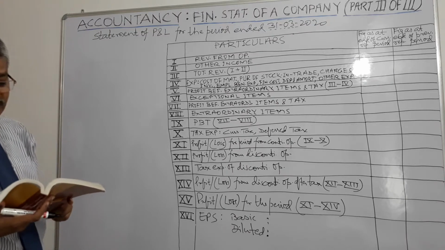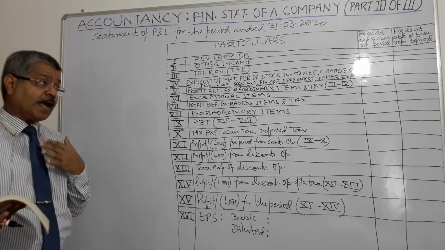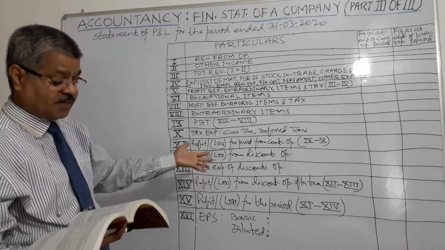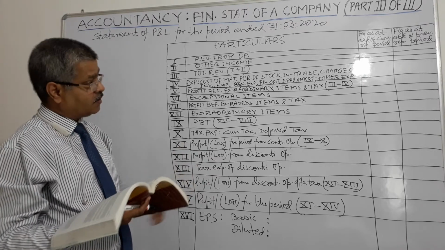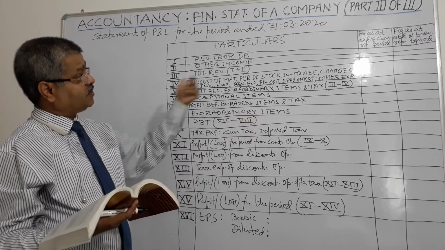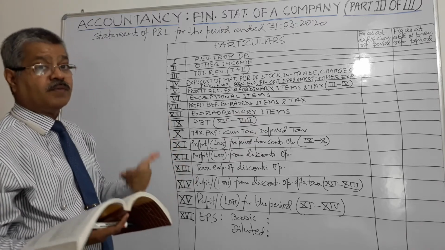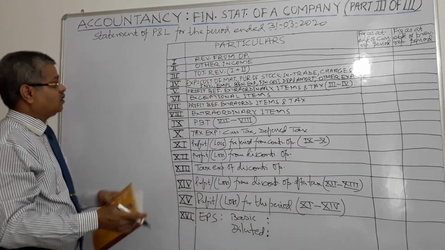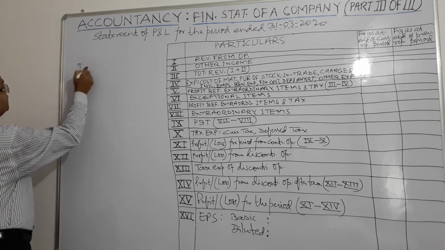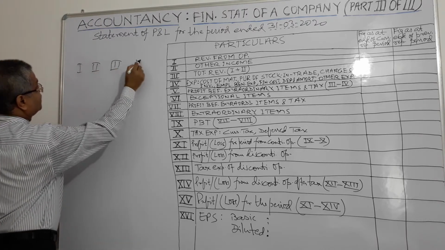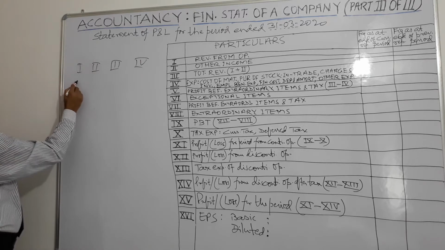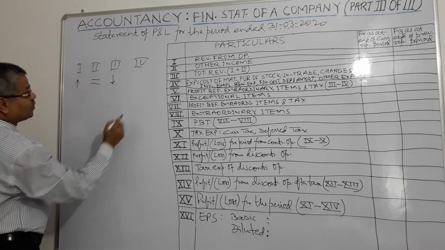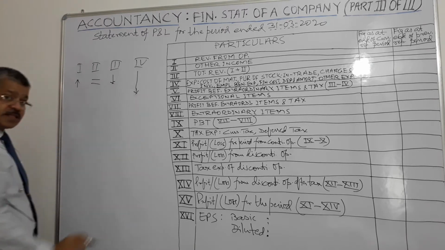Guide to the value of the investment already made. Suppose I have already invested in this company. I have already invested in the shares of this company. So what happens? Financial result of this company will be a guide to the value of the investment made. Suppose the performance has been going down, right? Year 1, year 2, year 3, year 4. The performance was up, it became stagnant, it deteriorated, and in the fourth year it further deteriorated.